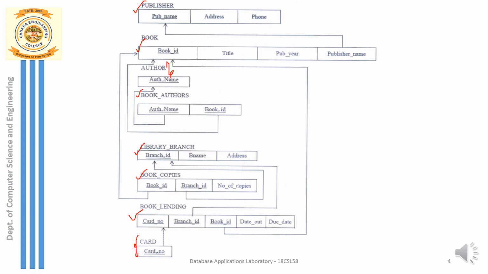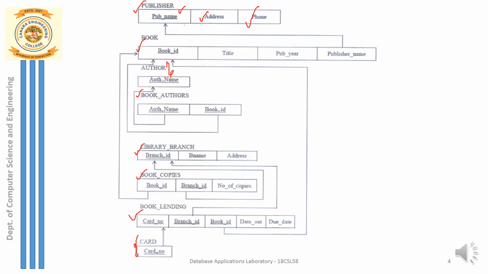So the schema diagram is the first part of the design, wherein you can see every table or every entity is represented within a rectangular box, and in each field the attribute of the entity is represented. You can see a rectangular box which is divided into three fields. The first field indicates the first attribute of publisher, that is publisher name. The second field is the address of the publisher, and then the phone number of each publisher. So this is a publisher table, or you can say a publisher relation, of which the attributes are publisher name, address, and then phone number.